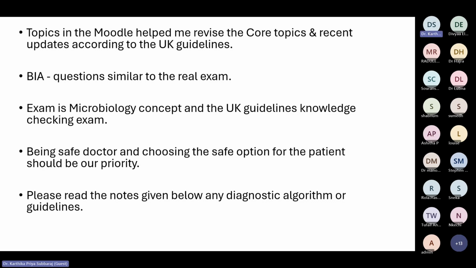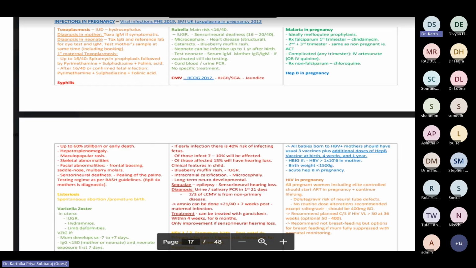any guidelines you read, you will have an algorithm or tabular column given in that. When you go through that, you will have footnotes at the end. It will be very teeny tiny, but those notes will be the question. So from what I have experienced, most of the questions are prepared from the footnotes. So even if you read UKSMI, try to go through the footnotes because that has all the points which are not included in the algorithm, and that covers the gist of the document. So try to read the footnotes.